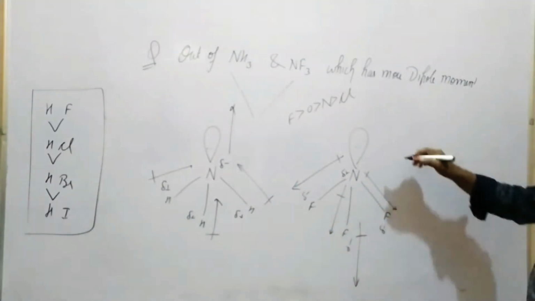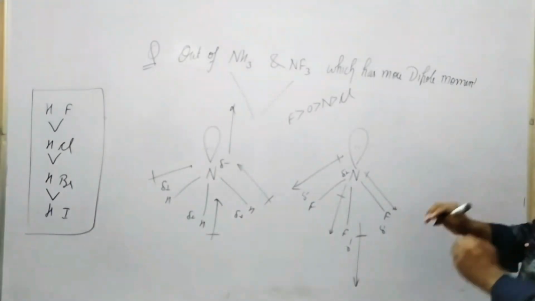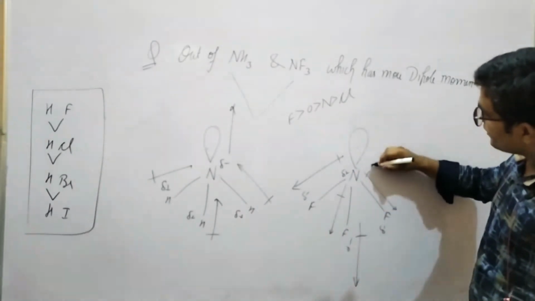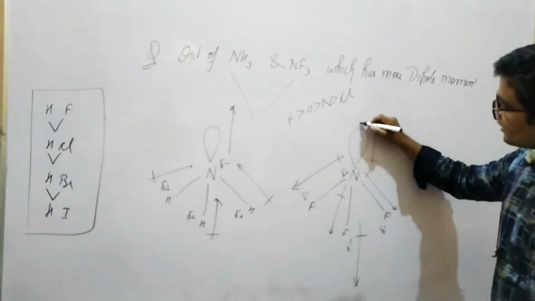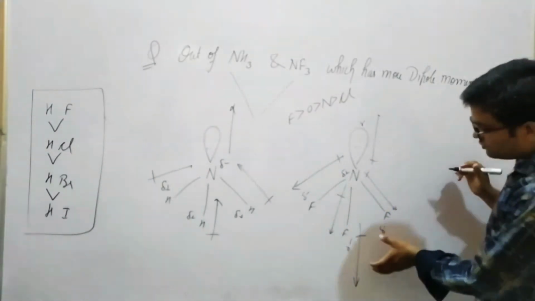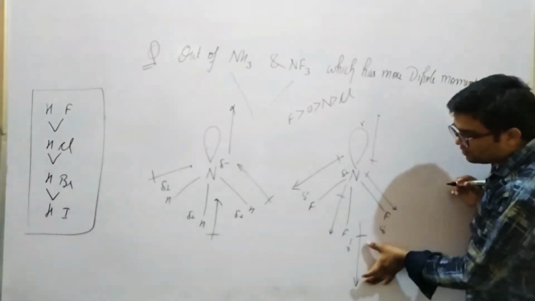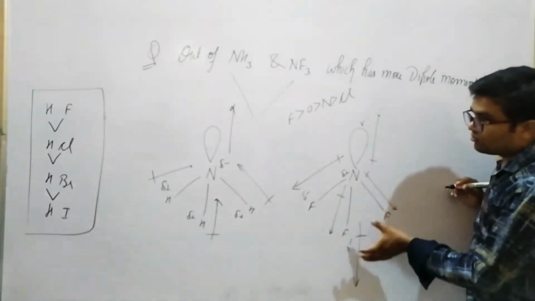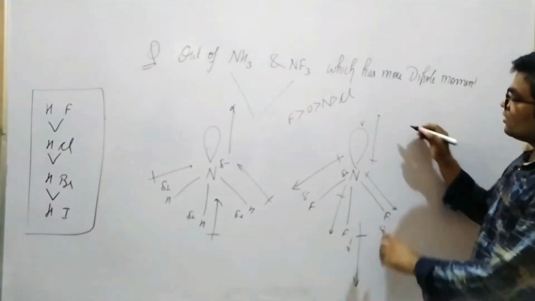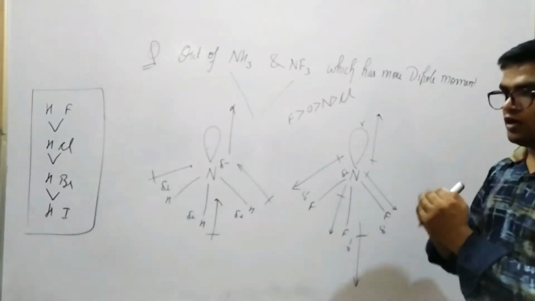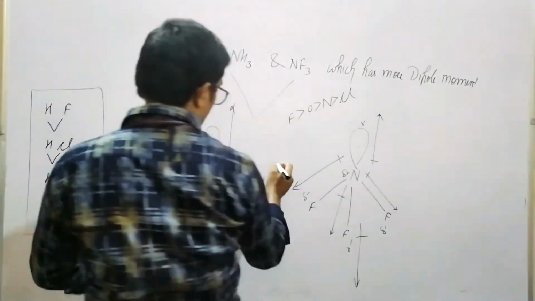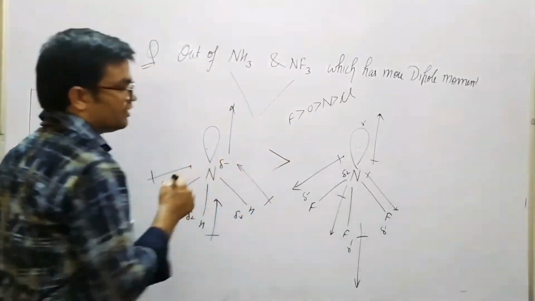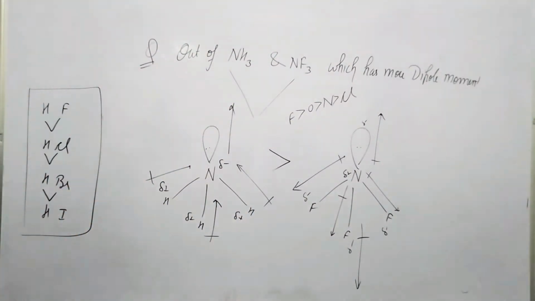But you should know there is also a dipole moment due to the lone pair of electrons. Hence the direction comes out to be like this. Because electrons are negative, hence delta negative here. Therefore the net resultant dipole becomes lesser due to the small dipole moment toward the upper side. Therefore the dipole moment is more in NH3 than NF3. Okay students.